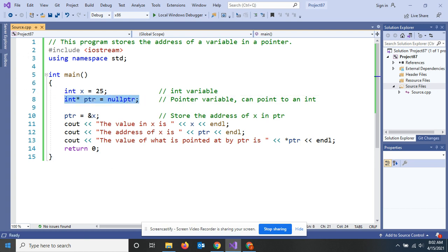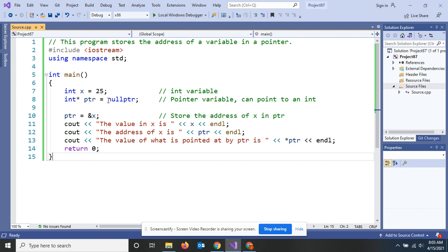This is our first pointer. A pointer, all that is stored in a pointer is an address. That address is for some other variable. So in effect, and that's what this little asterisk means, it's a pointer. We declare it pointer. Probably should have named it something else, but it stores an address. So pointer is going to point at something else by way of an address. That's what a pointer does. It stores an address to another variable. In effect, it points at it,